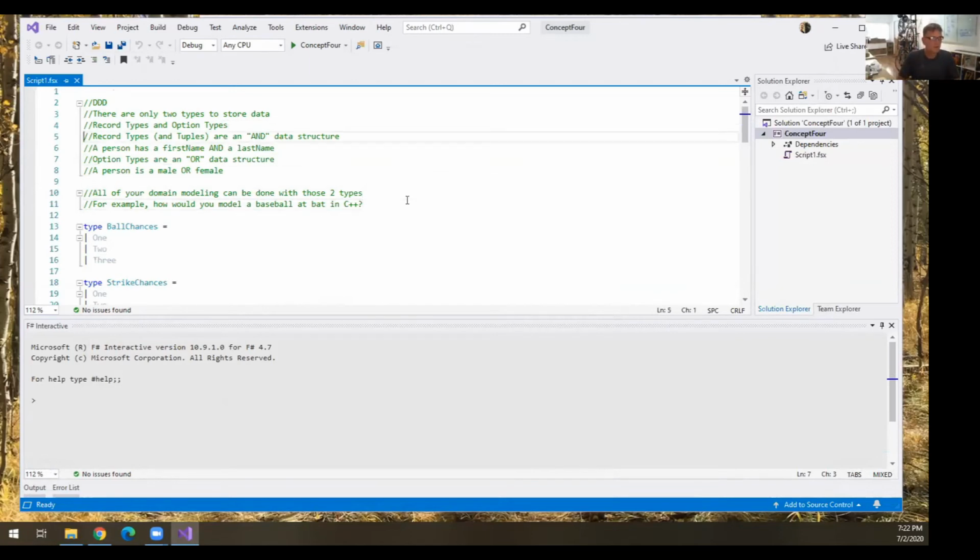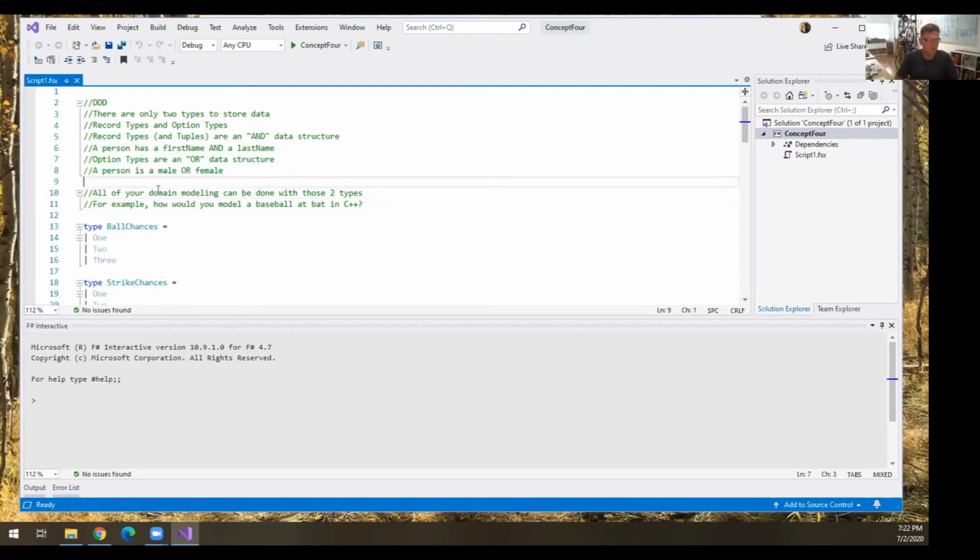Record types, which we talked about, are AND data structures: first name and last name, and optional middle name. Then we have these option types that are OR: cat or dog, success or failure. Those are the only types you need to do entire domain-driven design patterns in production for large code bases.